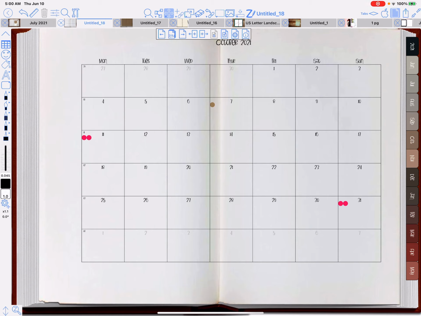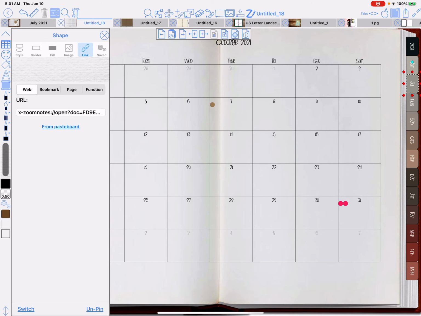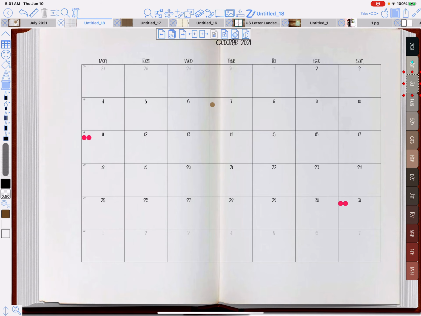I see when I've got the 4 little arrows, if I click on July, it's going to take me to the July document. So I have to do the select tool, Nancy. And now I can tap on July and change that link. See, if I go over to the shape button over on the left, my July is selected. All that is a shape, and it is already linked to the July document. See, it's up here, web, and that is the July document that I got that UUID for. Okay. Now, if I click on the August one,